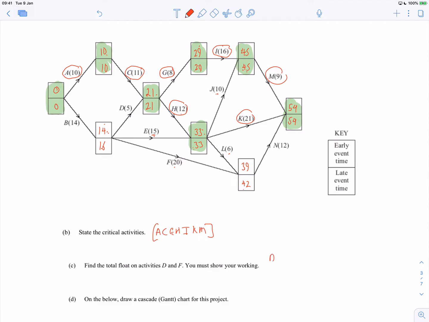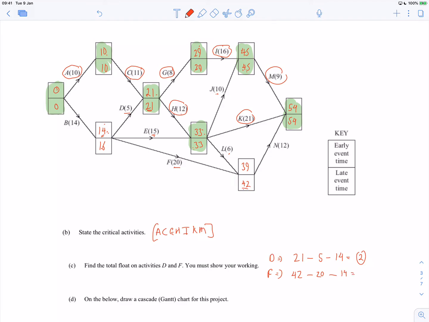Okay, so for D, it's the late time at the next stage, which is 21, minus the actual activity, which is 5, minus the early time, which is 14. So 21 minus 5 minus 14 is 21 minus 19, so that's 2. And then for F, where's F? We do the late time, which is 42, minus the time itself, which is 20, minus the early start time,